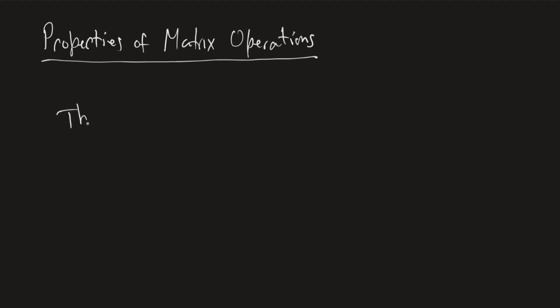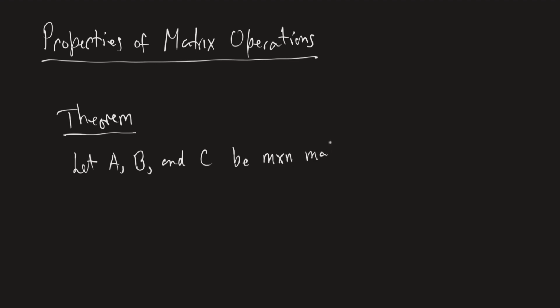So let's look at our first theorem. This theorem deals with properties involving scalar multiplication as well as matrix addition. So let A, B, and C be m by n matrices, and c and d be real numbers or scalars. And that's all we need. And then, here are the conclusions. The first one is the familiar